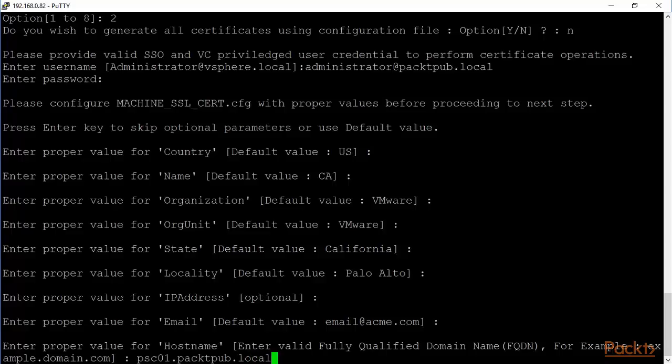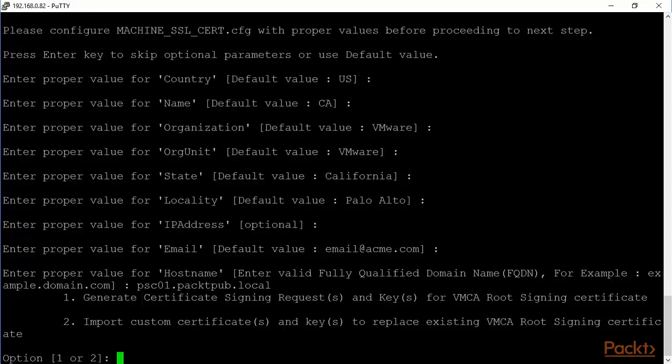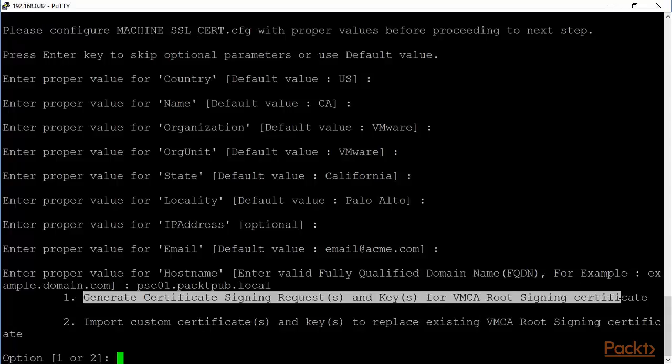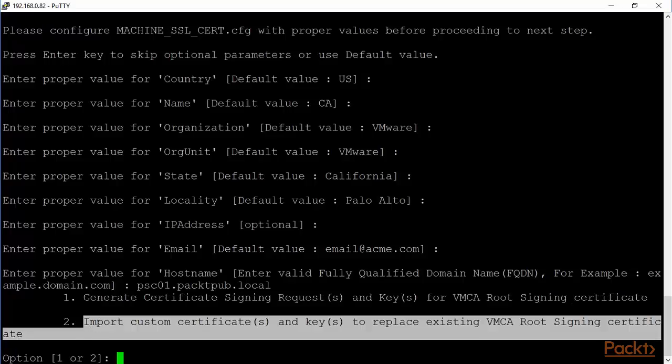If this doesn't work, I'll have to check it in my domain name server. It's fine. Generate a CSR, certificate signing request, and keys for VMCA root signing certificate. Or I can already import a custom certificate and key to replace this root sign certificate if I have already generated a CSR and sent it over to like a VeriSign or whomever, so that we have a certificate that